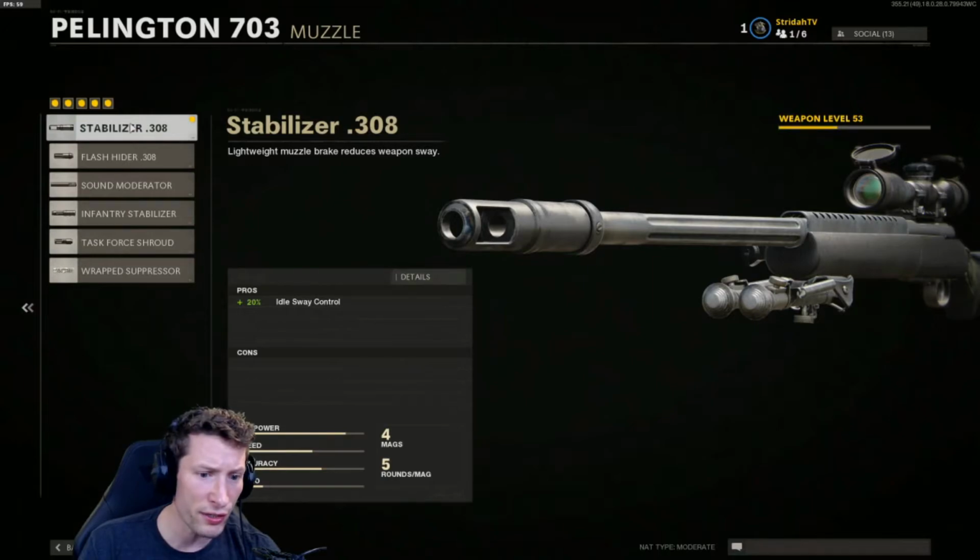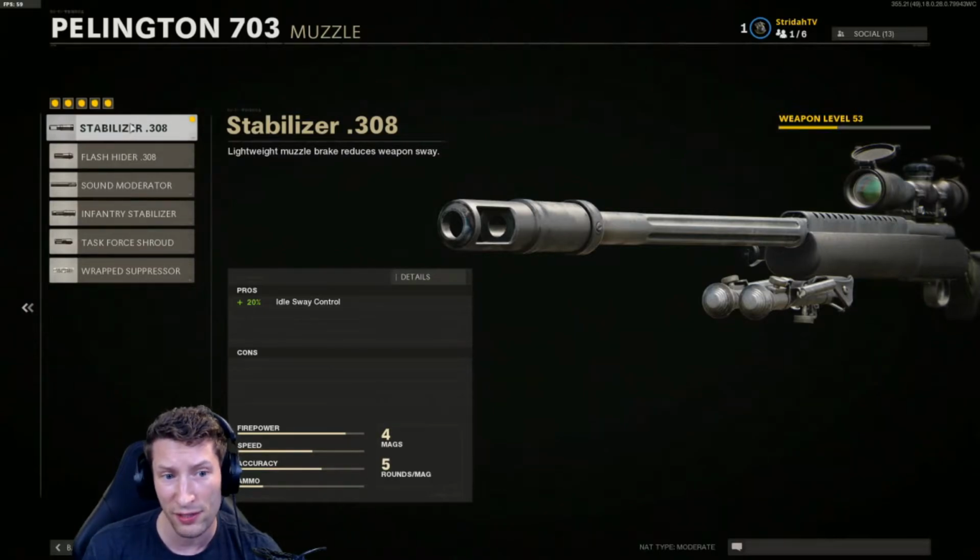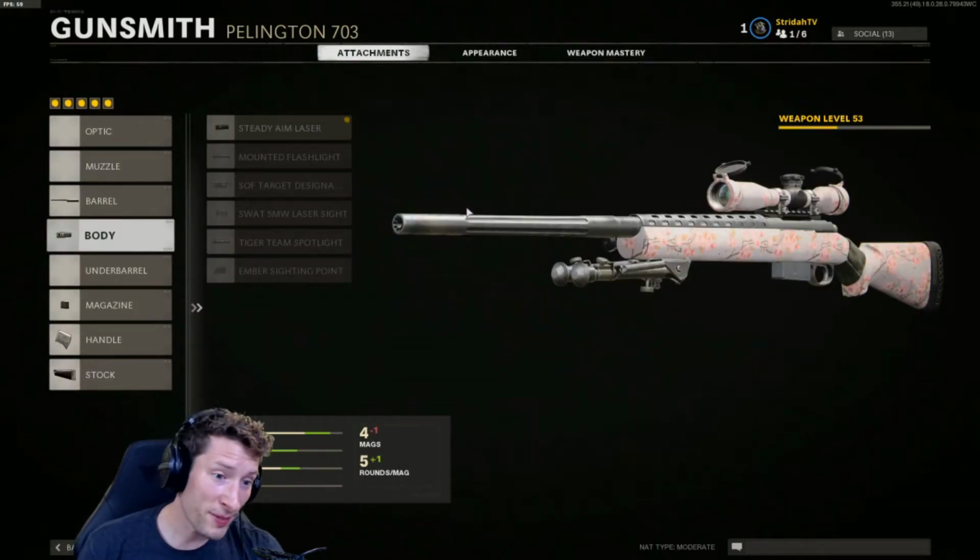So this is a really good and balanced build that I think a lot of people are going to start out on and kind of stick to. But the next build I want to show you changes a few things, and I think it might actually be a little bit stronger. So the next build I have, which is actually the one that I'm currently using,